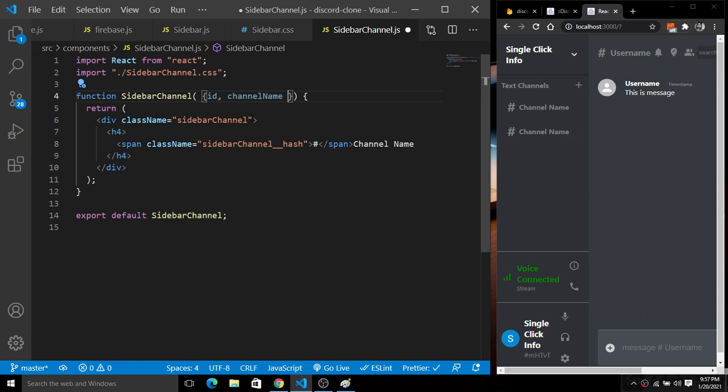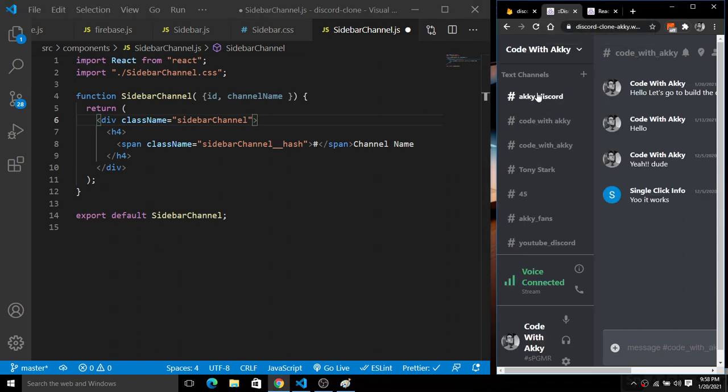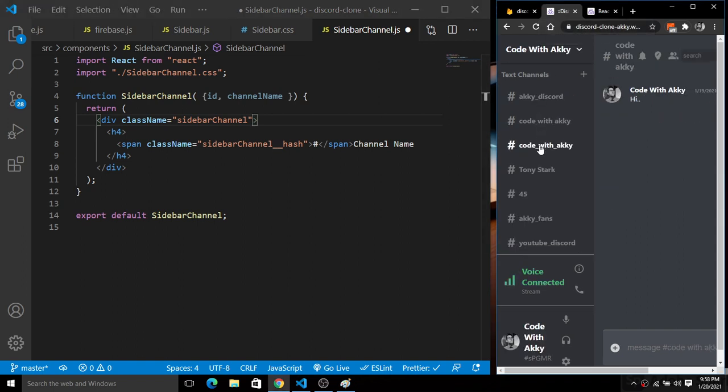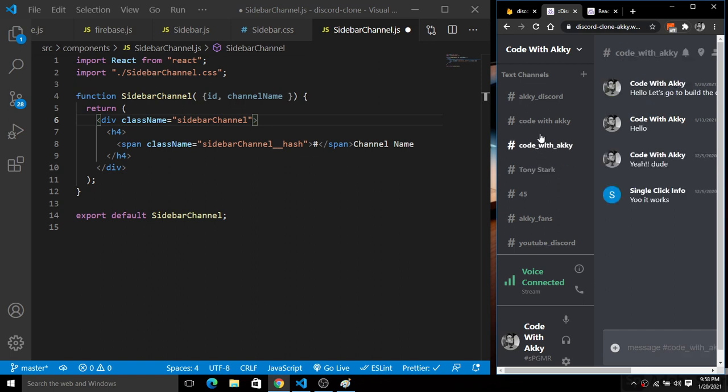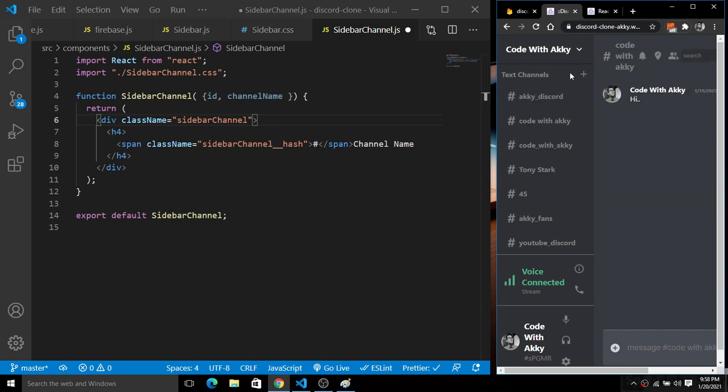Fine. Now here we are going to add an onClick functionality, because as you can see here, on clicking a different channel id or different channel name, things change dynamically. So we are going to add this functionality here.